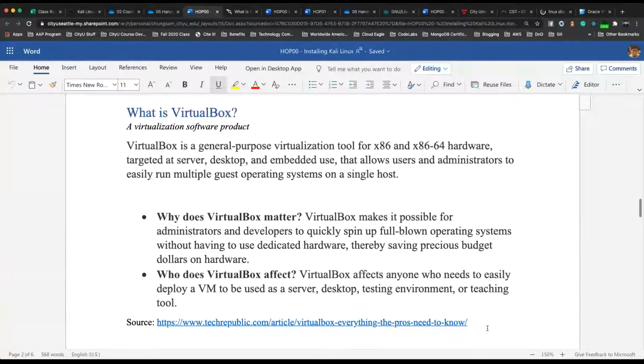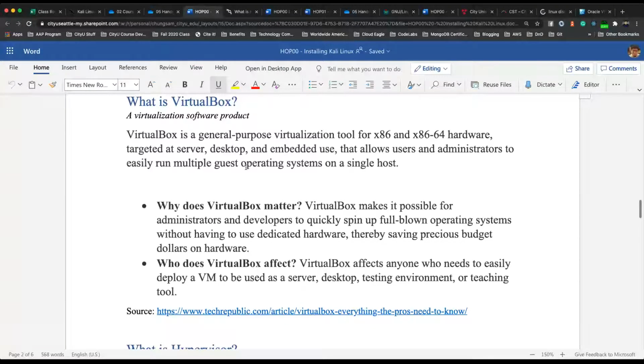Again, it's called a hypervisor. It's a virtualization software project, right? You're creating something virtually. You're saying to the operating system that you can have another layer where you put another operating system. Okay.